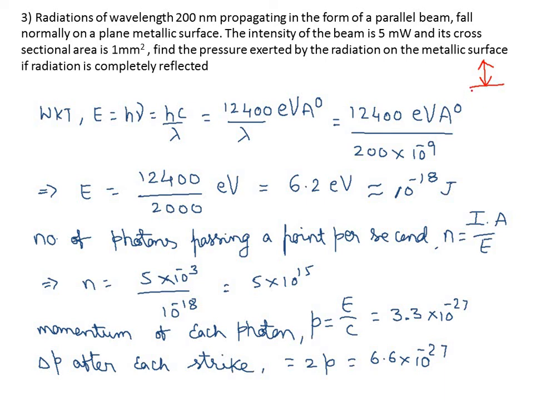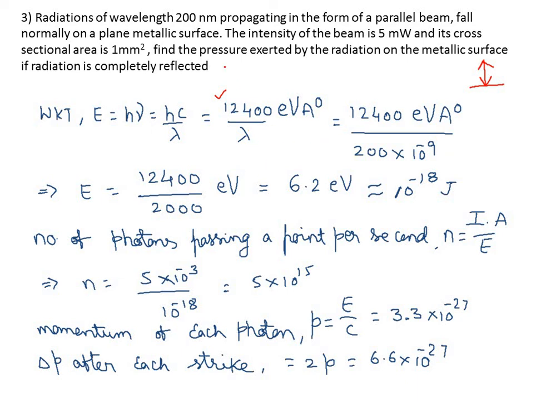So condition, do you remember, right? 2 times of. So now we have to consider the number of photons hitting that plate, and then we have to write. But before that, look here, the energy of the photon can be given equal to h nu. Nu I can write as c by lambda. Look here, h is a constant, c is a constant. If I substitute those values of h and c, remember this is a standard value. This 12,400 electron volt Angstrom is a standard value whenever we need to find the energy and the wavelength of the radiation has been given in angstroms. Then we can substitute this hc instead of always substituting h into c. Remember this value 12,400 electron volt angstroms divided by lambda, which is in angstrom.